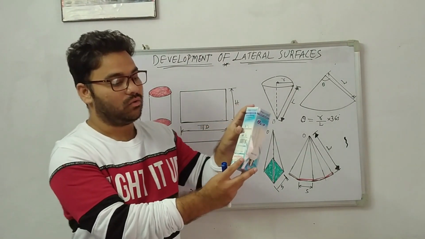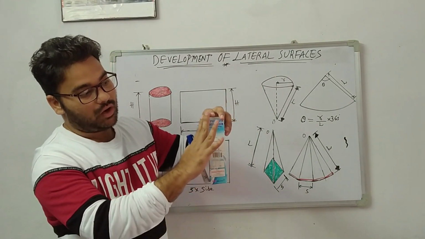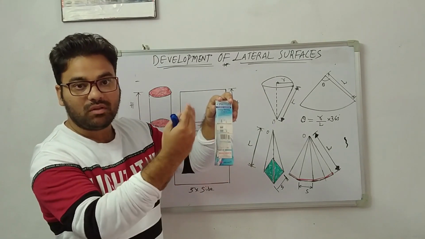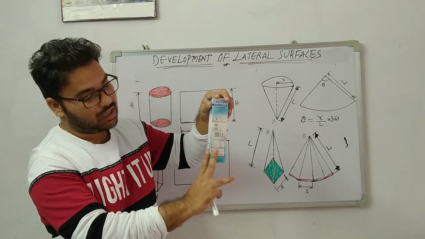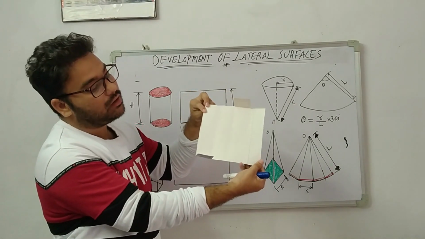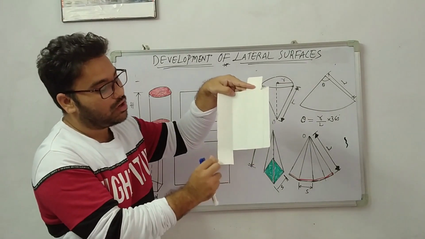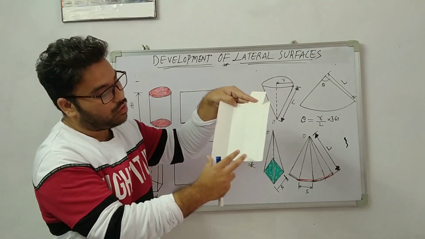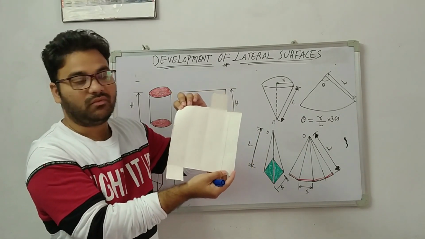Now, what I did just now in the development of surfaces, I started to cut at one end of the longer edge, and unfold the total object. Then whatever the shape you obtain, that shape is nothing but development of lateral surfaces. So I started to cut here and open it. So I can see the total rectangle face along with the two bases. So what is this base? Square shape and square shape. So it is a square prism. So here we got a rectangle shape. So this is nothing but the development of surfaces.